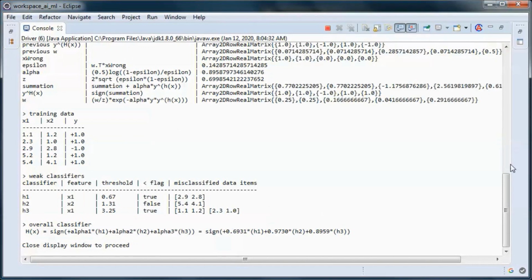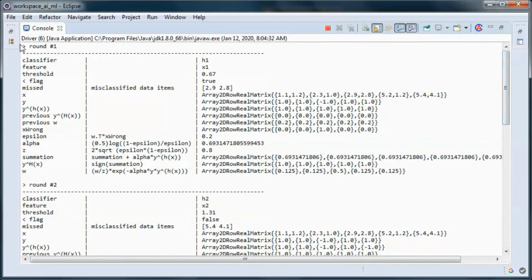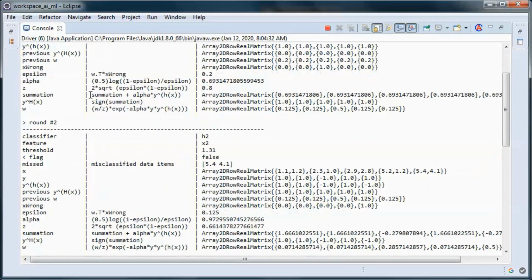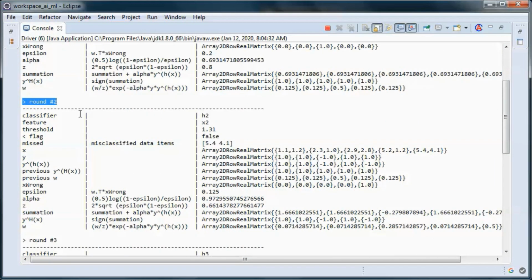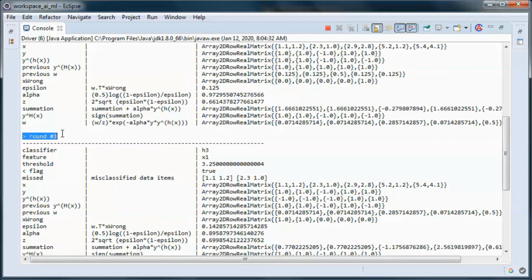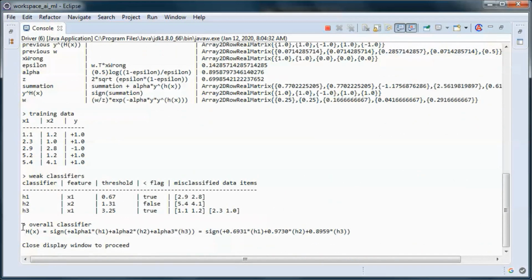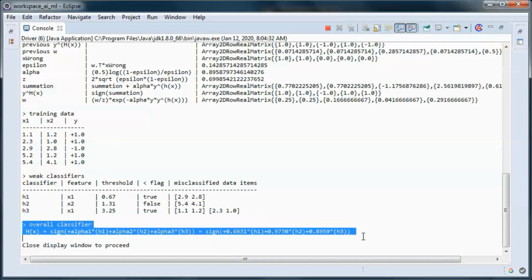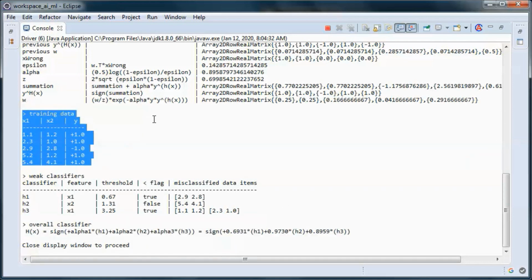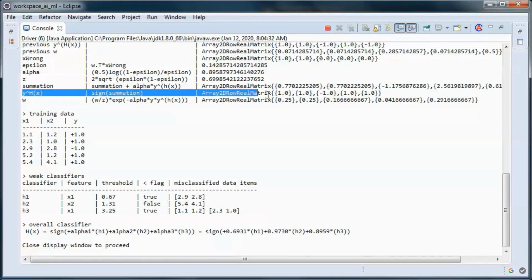And after 3 rounds, we end up with this overall classifier that classifies all the data items correctly. So +1, +1, and -1, and then +1, and +1.